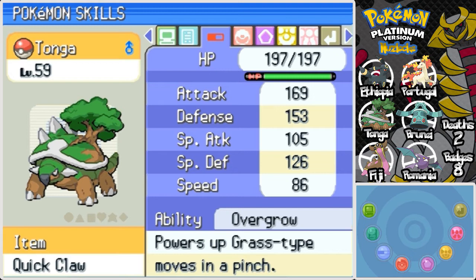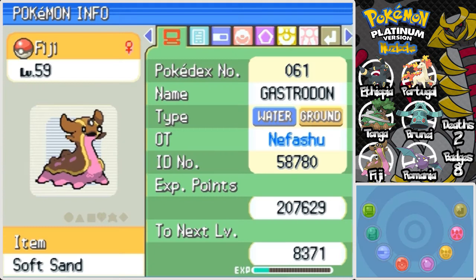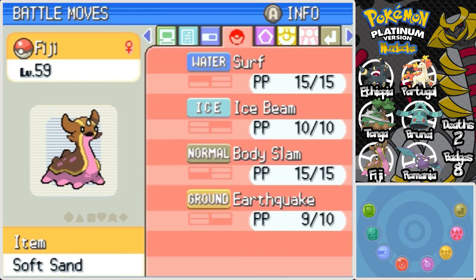And Tonga, you're pretty defensive. A lot of ground types are purely defensive, offensive rather, physical offensive, not specially. Not saying that's all she has, but I'm guessing that's what she mostly has. The other option we have is Fiji. Now, if you do have a Gliscor, then we have Surf and Ice Beam. So we're going to actually now give you...